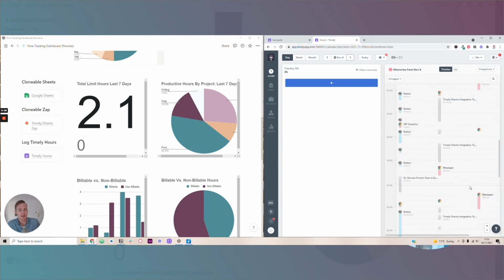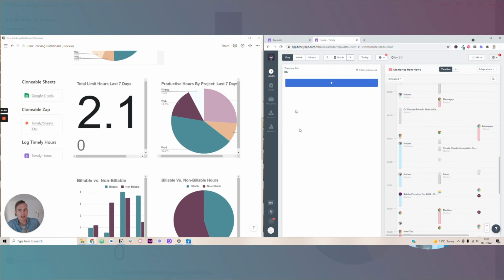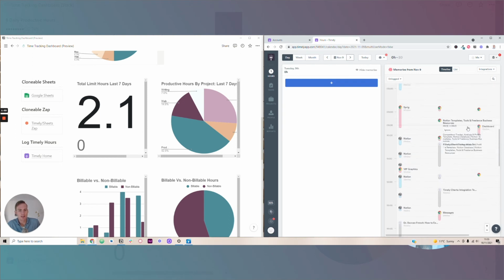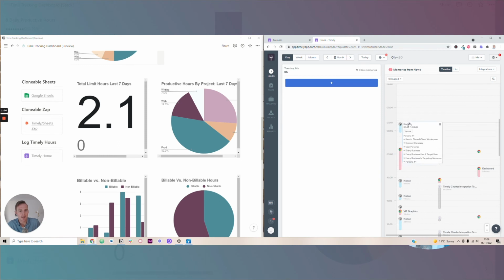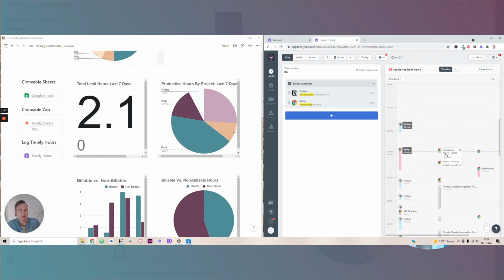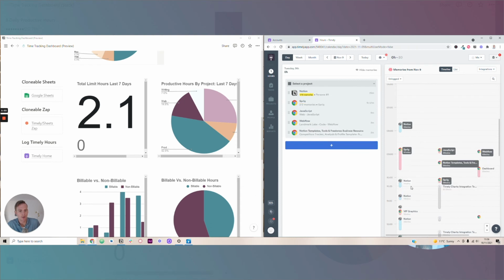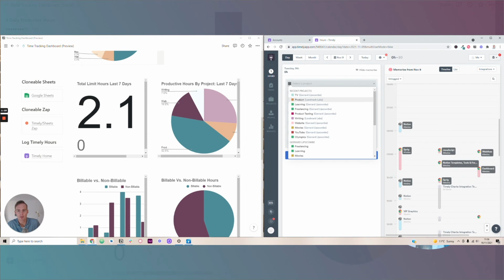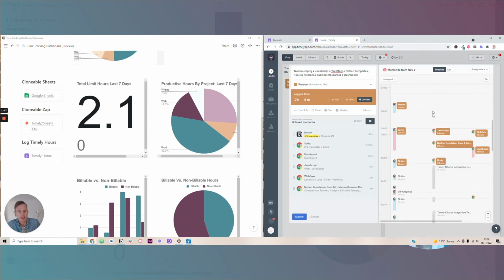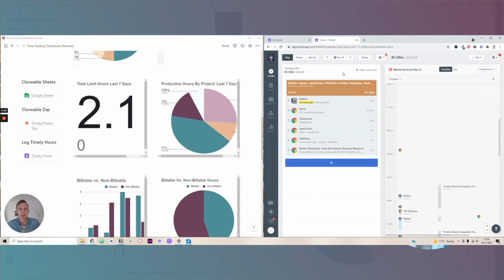So it doesn't place it in, it doesn't log the hours automatically. What you need to do is simply select and tag various items from this view. Let's say these were all related to a project, which is product. Once I hit that, these particular items are going to get logged under the product project, which is quite